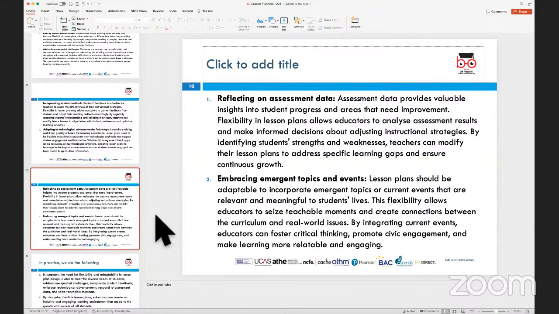Now, some of the other points I would look at in this criteria, when I say flexibility and adaptability, is that we want to reflect on assessment data. That means for the students you teach, assess, and manage during your delivery of class or subject matter in the classroom, you're also at some stage looking at assessments. That means you're evaluating their performance to see whether they are gaining the knowledge. And that is the ultimate feedback that the teacher would get if the class scores the best possible marks, or in some cases, the best possible grades. And that would also give you feedback that